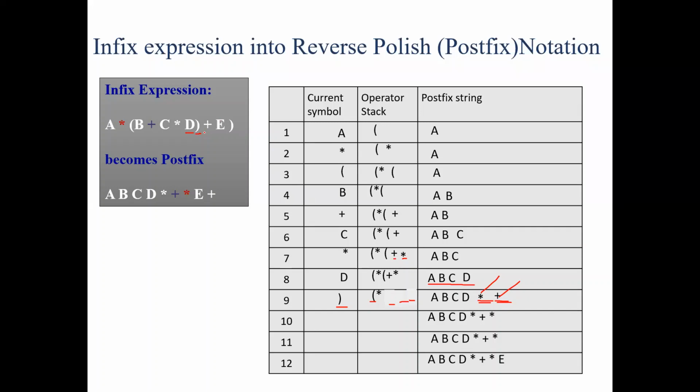Understood? Now, the next symbol scanned will be addition. So now in our stack, we have only a left parenthesis and a multiplication symbol. The scanned or incoming operator is an addition operator. What do we have to do? We have to check the operator on top of the stack. We have a multiplication operator on top of the stack. So which has more precedence?